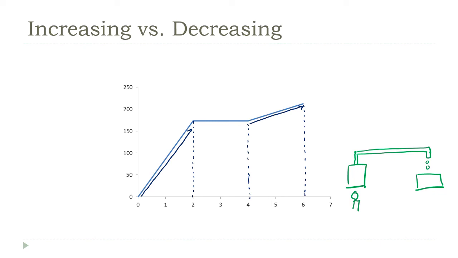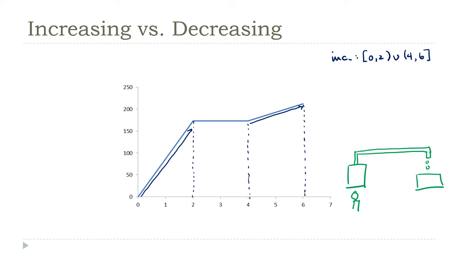All right, so what would I say here? I would say this function is increasing from 0 to 2, and then again from 4 to 6,